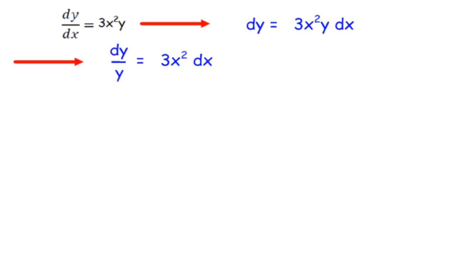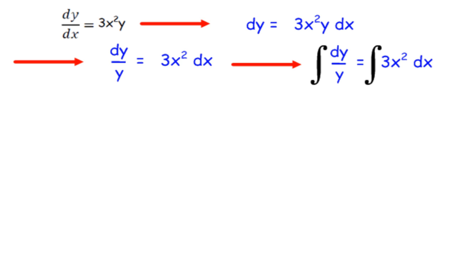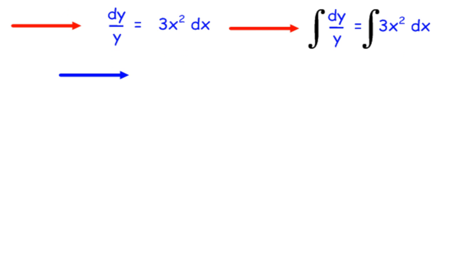We've now separated the variables, so we integrate each side of this equation. So the integral of dy over y is equal to the integral of 3x squared dx. The integral of dy over y is log y. The integral of 3x squared dx is x cubed plus c. If we now take e to the power of each of these on the left hand side and on the right hand side,